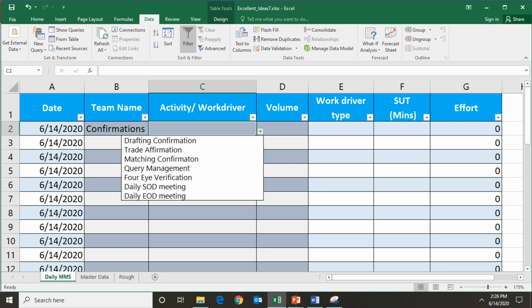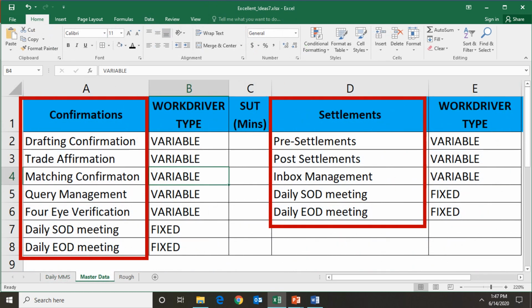Now, let us focus on the most vital and interesting point: how to create a dependent drop-down list. We want the relevant activities of the selected team to be displayed under the drop-down list. For this, we need to define names in Excel for the standard activities that we mentioned in the master data sheet. Since we have given the same headings as mentioned in the team names drop-down, we have to define the same names for our team-related activities data set.